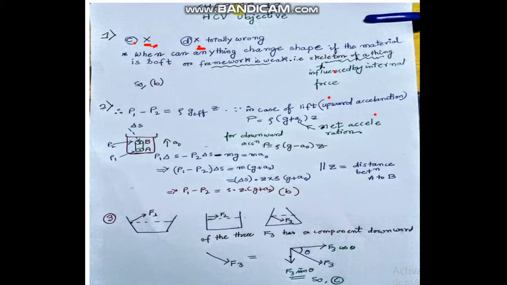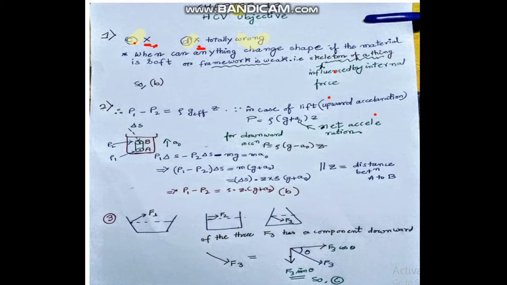Okay. Question number 1: a liquid can easily change its shape but a solid cannot. The reason: if you go by option C and option D, option D is saying the average separation between the molecules is larger in solid. Is it true, guys? It's totally wrong. So option D is incorrect. And option C, the atoms combine to form bigger molecules in a solid, is also not correct. C and D both are incorrect.